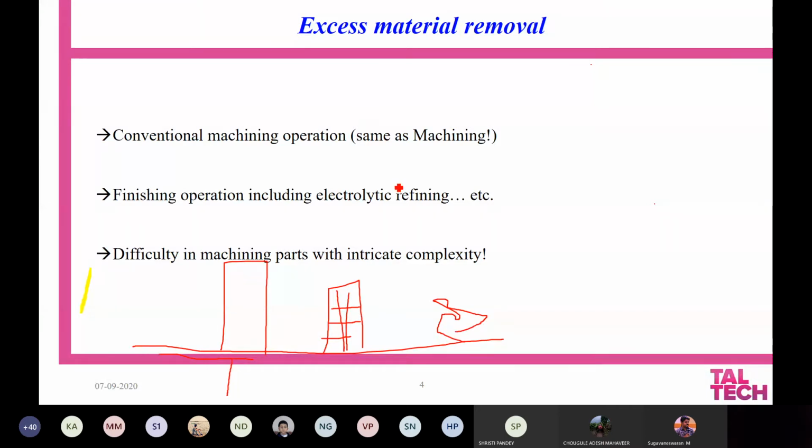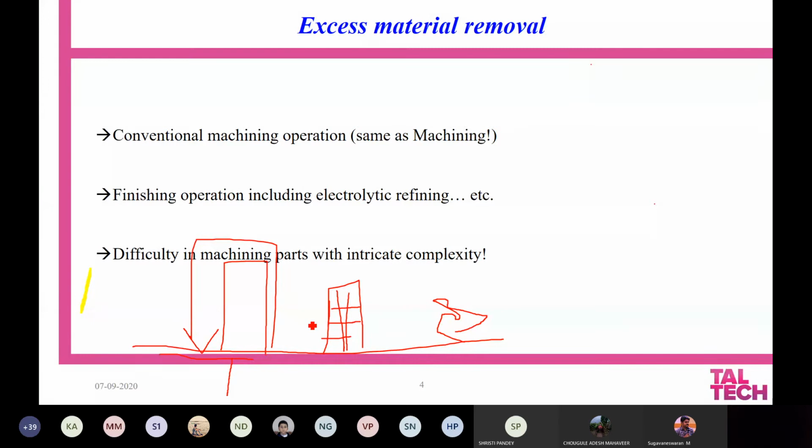So what happens is when you are going to machine this part with bulk structure, you will have no problem and you can use traditional milling operations. But if you are going to mill or machine the part with cellular structure, you cannot apply full load, and then it will be better, instead of a mechanical based operation, to see if there are some electrochemical or chemical based operation to remove some unwanted material or to remove the excess material.